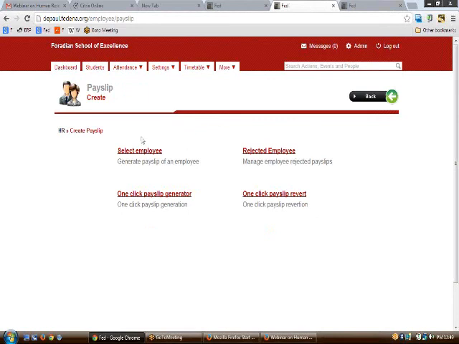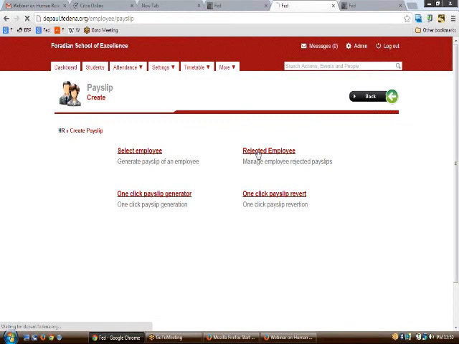So as we can see, in HR create payslip, we have this option called rejected employee. All the details of the persons whose payslip has been rejected by the person in charge of finance can be seen here itself.